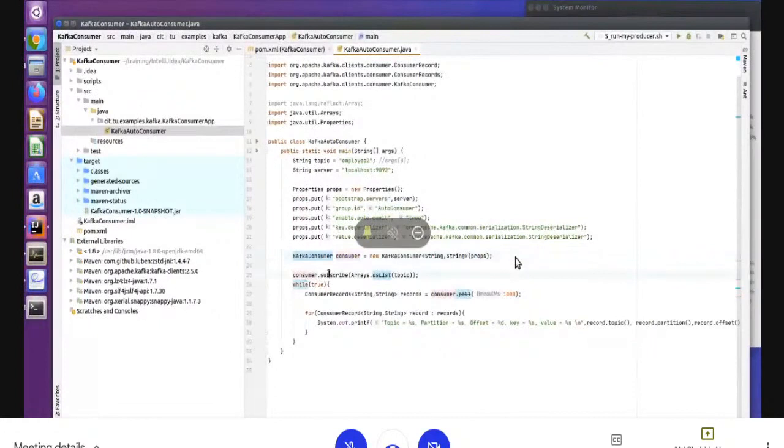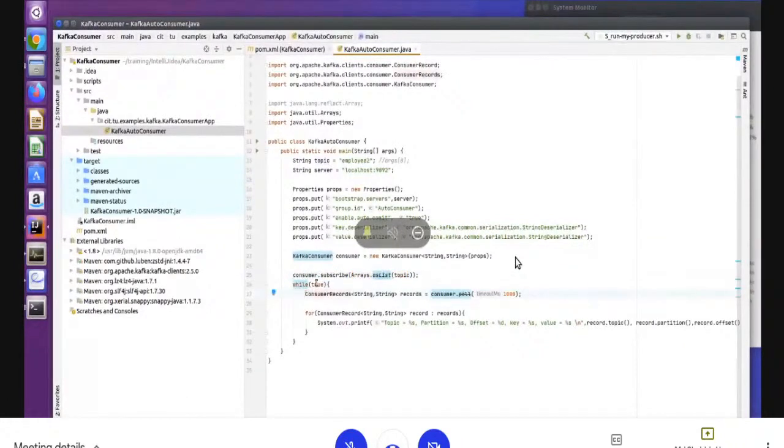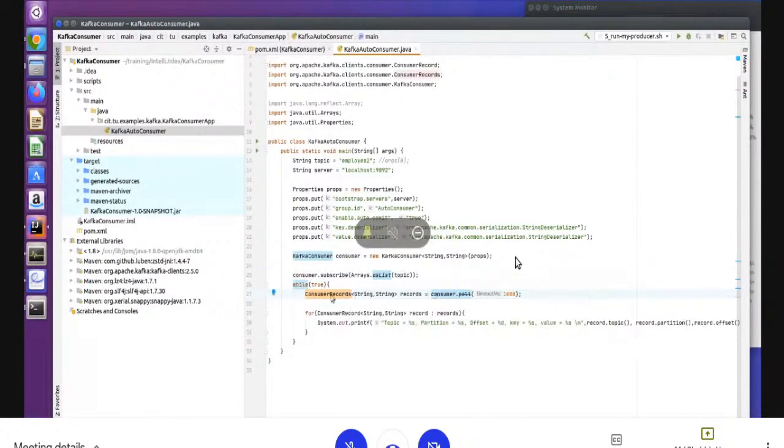After that, consumer.subscribe: we subscribe to the topic from which the consumer has to read the data. So this is the way to specify the topic name, right? Whatever topic we pass, the consumer will subscribe to it, and after that I run the loop here. Then the subscriber will receive some data, 1 record, 2 records, 100 records, whatever records arrive at one time. So here I created consumer records objects, and I'm using consumer.poll.